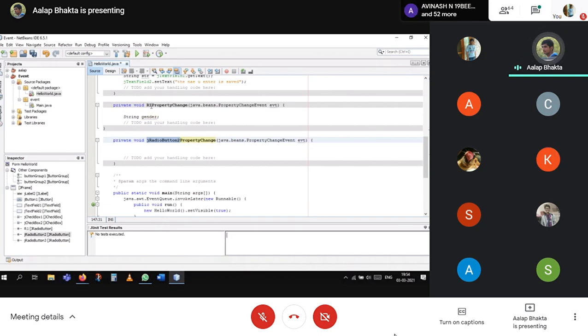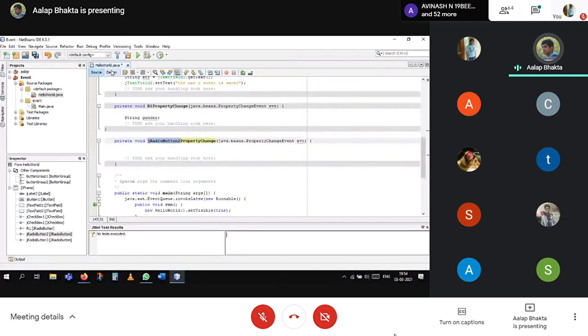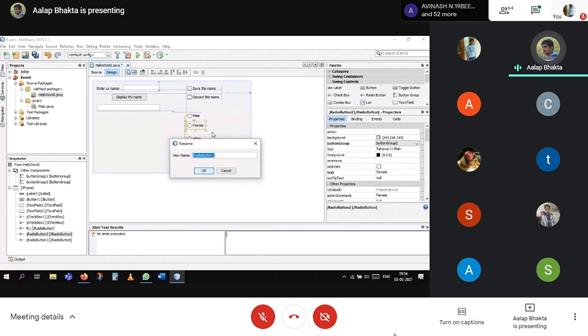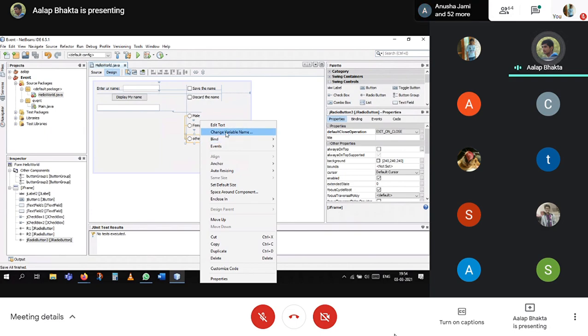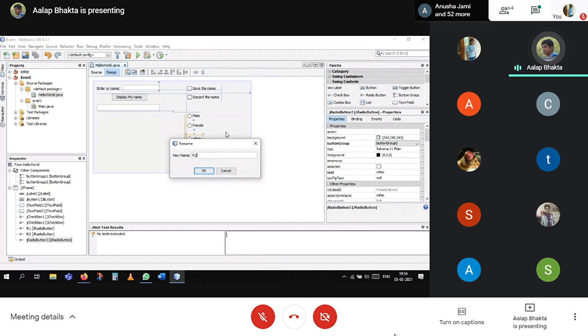But when I change the variable name, wherever it is used, this is useful because you don't have to go and write radio button 1, 2 and 3 every time. It's basically R1, R2, R3 with basic variable assignment.